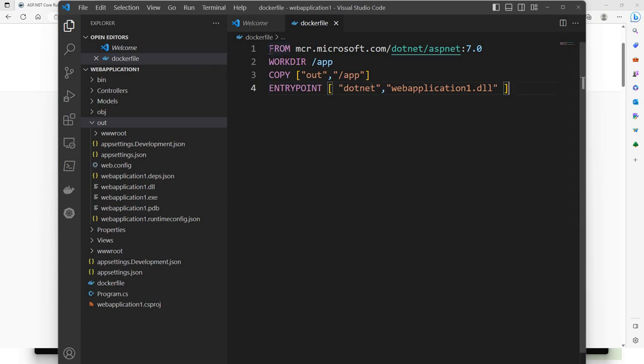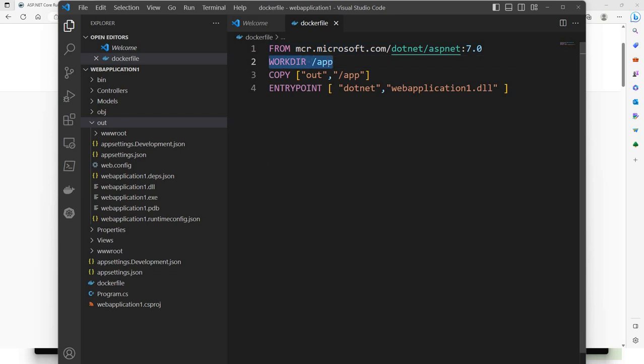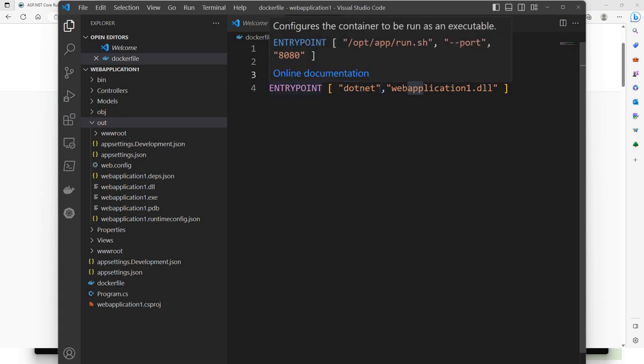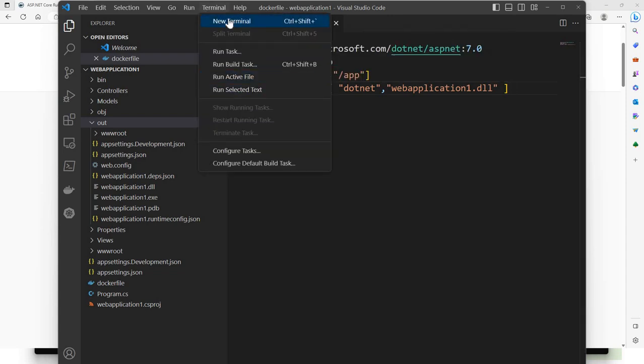So what we have done is we are downloading the Docker base image, then we are declaring the work directory and where we are copying. This is our source where we published. From there we are generating the Docker image. So this is the entry point. When you launch the application, it has to launch this WebApplication1.dll. That's it. So now what we have to do is go to a new terminal